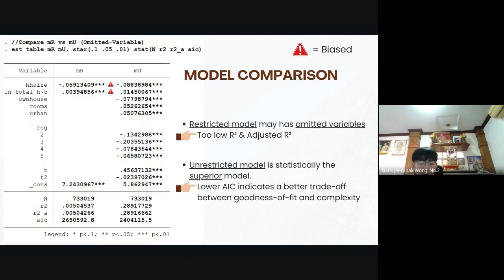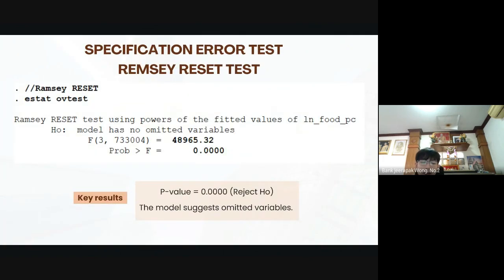However, the restricted model is clearly biased and underspecified. We can see, given the lower AIC and significantly higher R square, the unrestricted model is superior, providing a much more accurate estimate of the relationships between income, household size, and consumption. We also test the specification error. The p-value of 0.00 rejects the null hypothesis, which suggests omitted variables. Such sensitivity is expected with our large sample size. We have mitigated nonlinearity risks by including quadratic time trends and regional controls. Therefore, the model remains robust and suitable for use.